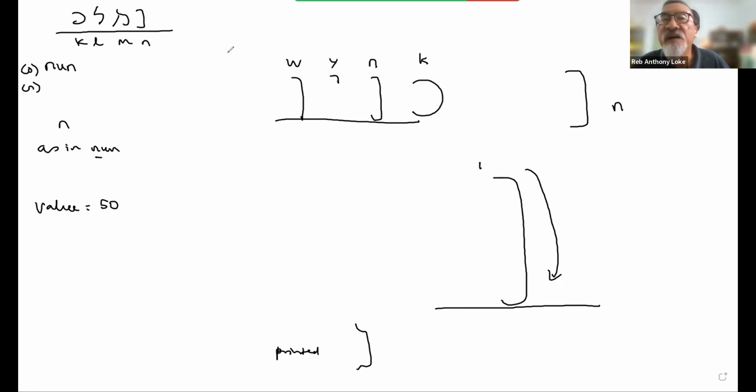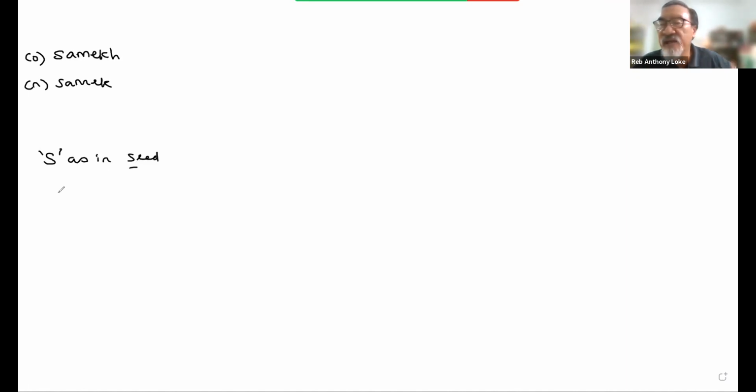Okay. Then comes the fifth one in the series, and that is the first S that you come across. It is called Samekh. This is S as in C, an S sound. So it's an S sound. And the S has a numerical value of 60. Okay. The S is written,